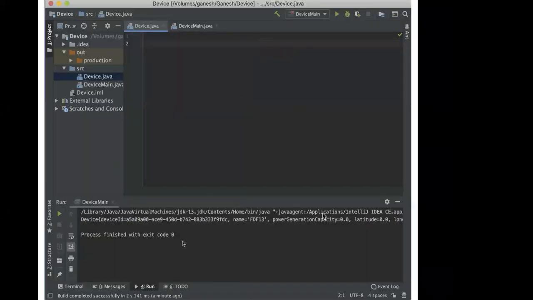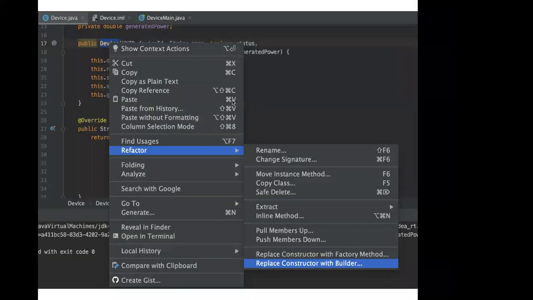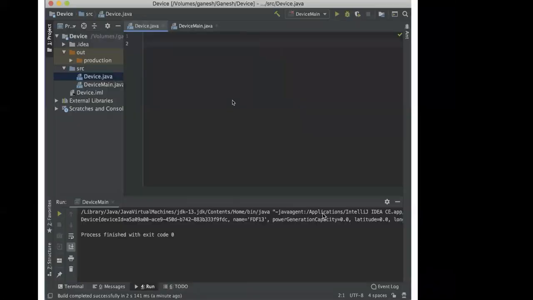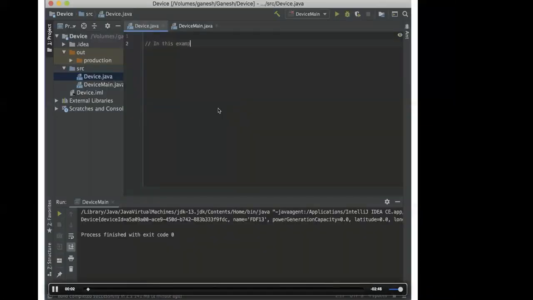So this is the second way to refactor, which is to replace the large parameter list with builder pattern. So what builder pattern does is, let's say you have some 7 or 8 parameters, right? And let's say there are no cohesive data clumps there. In that scenario, what you can do is you can give named parameters and move that responsibility of creating that complex object by giving named methods, right?